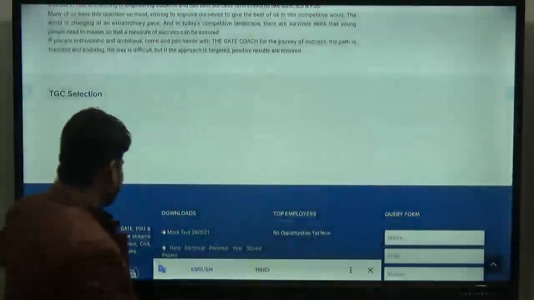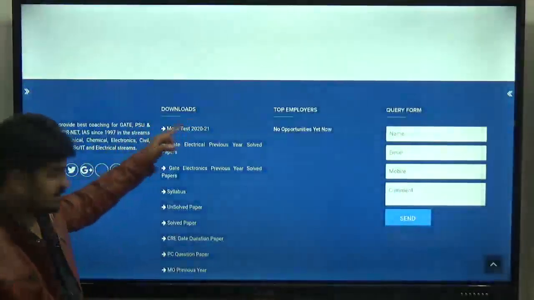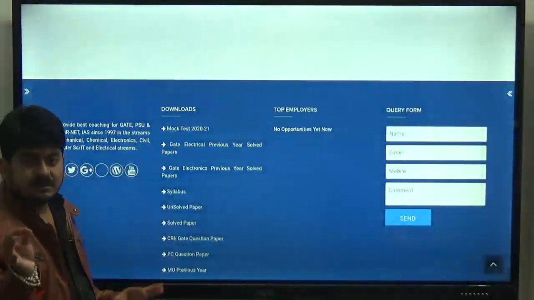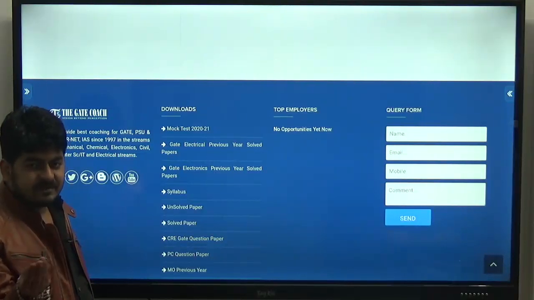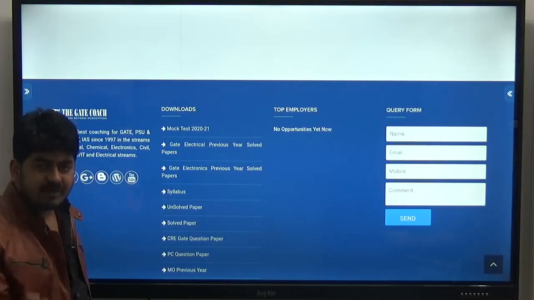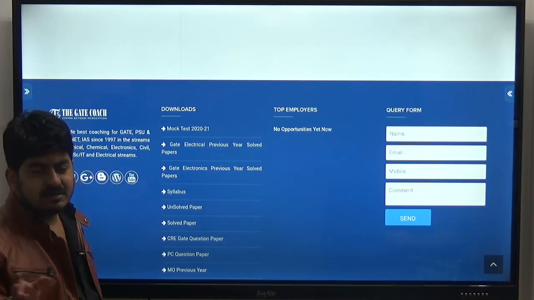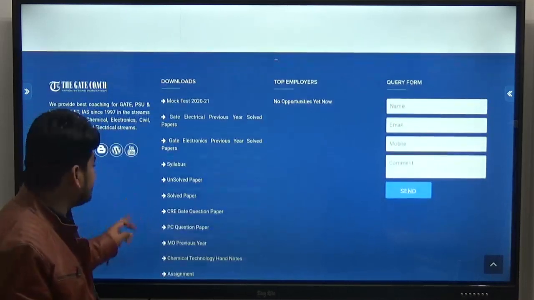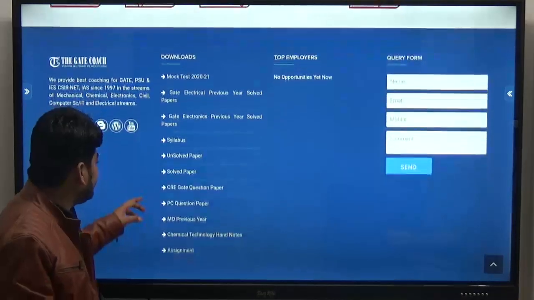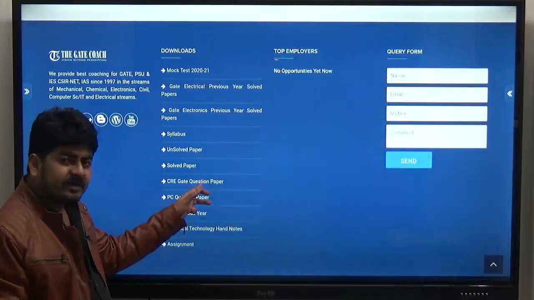So on this website, go to the bottom section. This is the download section where you can get the previous year papers subject wise, the PDF in which we have included the last 20 years of papers. Obviously you will not get it for all the subjects, only for those subjects which I discuss, because other faculty don't do all this, I do it more. So CRE you can download from here.